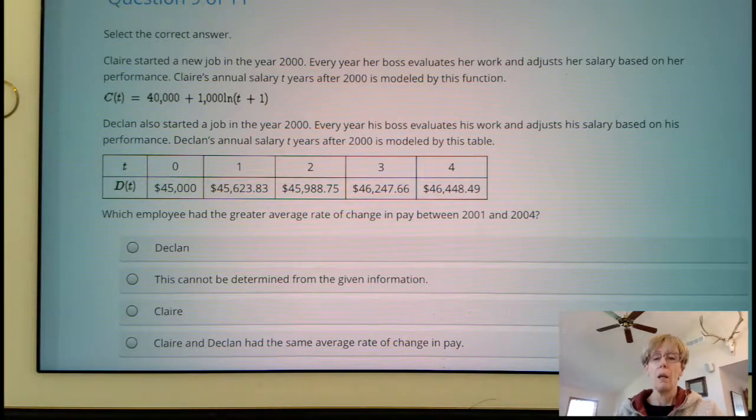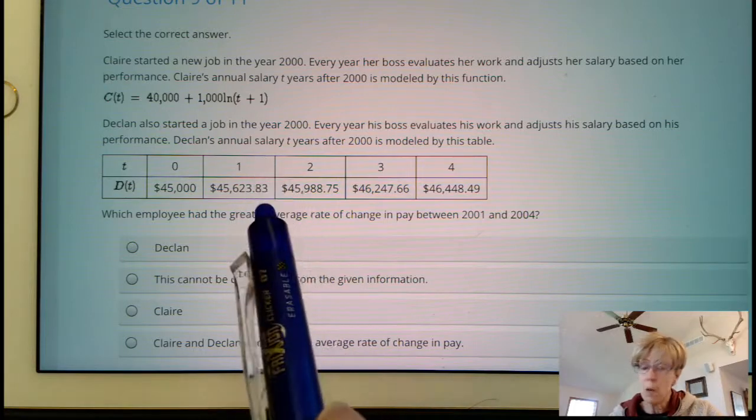Well, the nice thing is that we can look at the chart pretty easy. Remember that the average rate of change is going to be the slope. And what we're going to do is use this ordered pair of 1, 45,623.83, and then 2004 here is going to be,